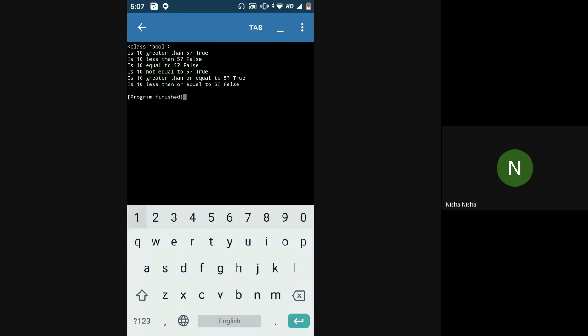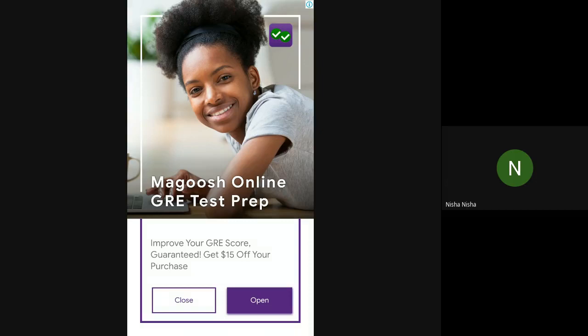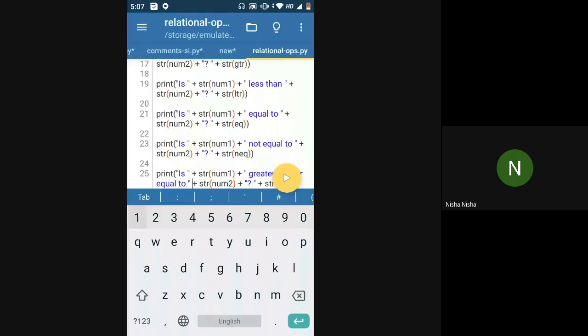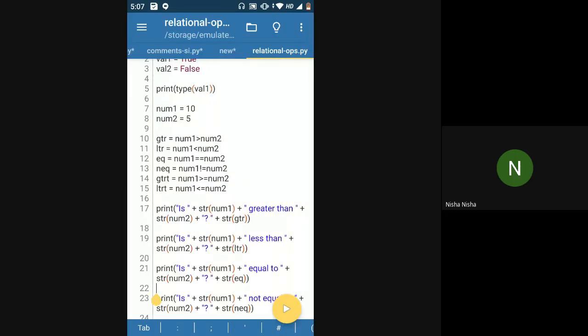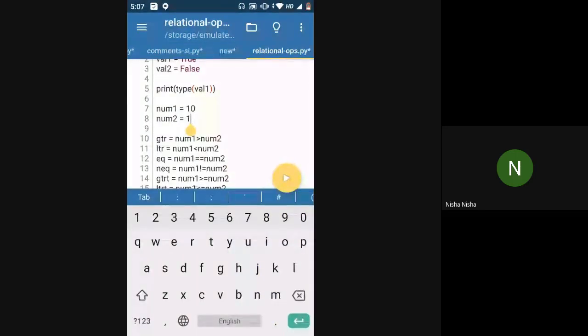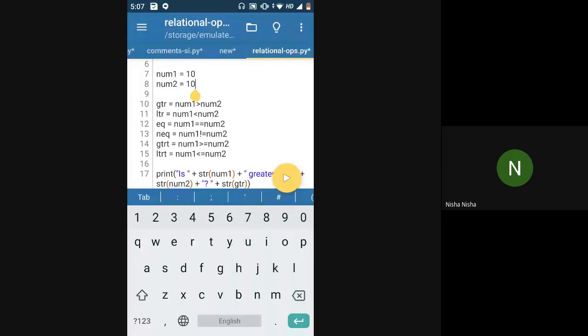Why is 10 greater than or equal to 5 true? When the greater than equal to operator is used, the first number can either be greater than or equal to the second number. If I put both these numbers as 10, 10 is not greater than 10, right? 10 is equal to 10.